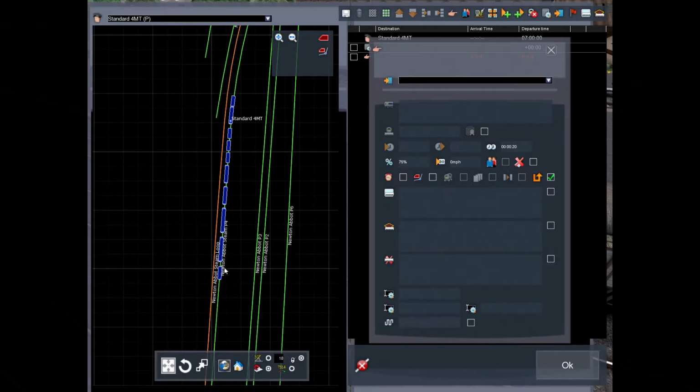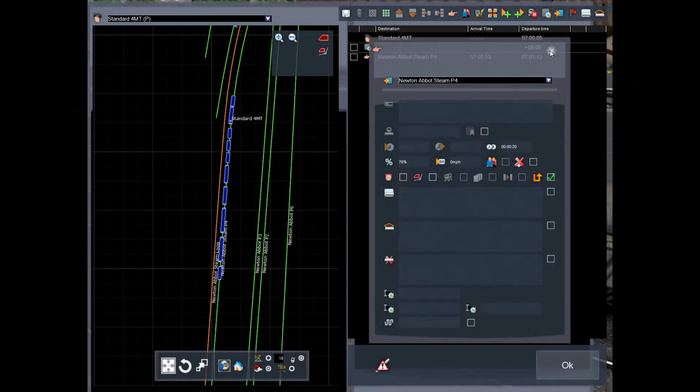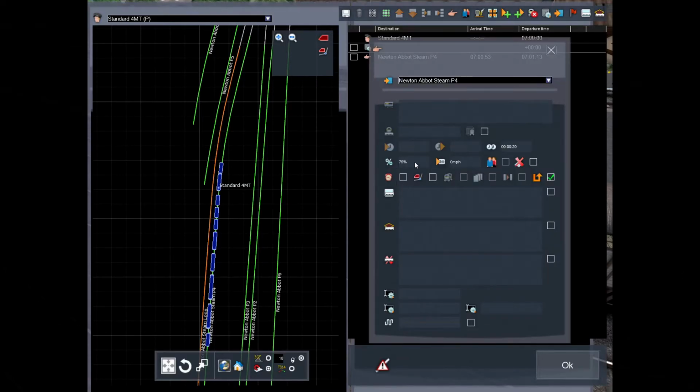It does take a little bit of time to load. Okay, so if that doesn't work, we can just manually do it, which is completely fine. Steam Platform 4. Also the good thing with career scenarios is that if you want to make your standard scenario a little bit longer, you can always press this little clock,